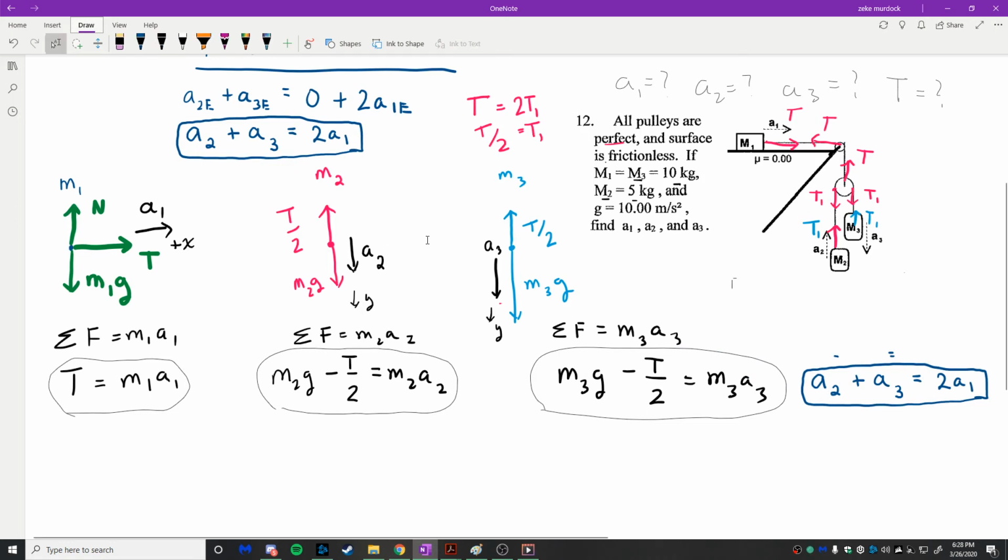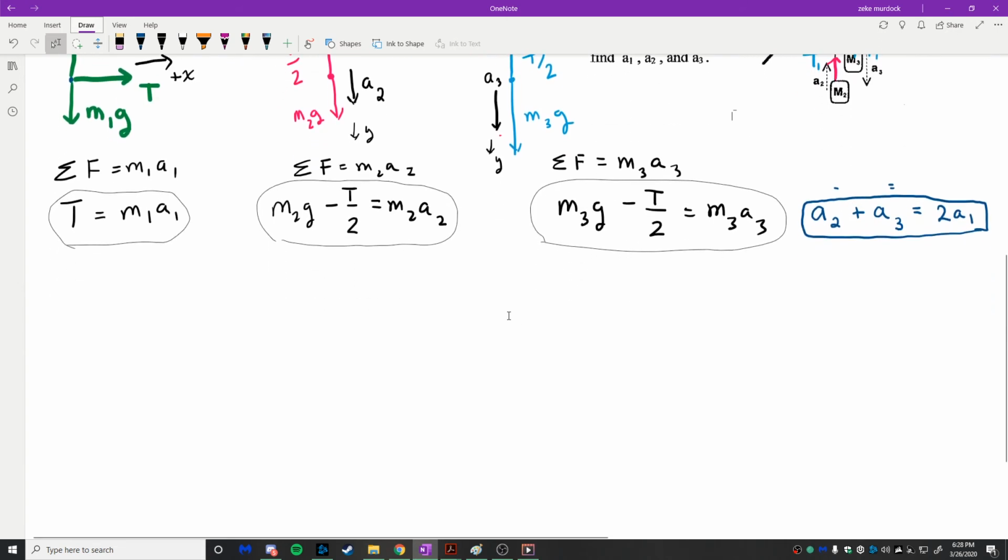And I think the way that I'll do it, because I think it's probably the easiest, is to note a couple things here. Since this tension is equal to M1A1, we can basically replace any of the tensions with M1A1, right? And then we can replace A2 plus A3 with A1 here. We know that A2 plus A3 is equal to 2A1, right? So everywhere that there's a T, I'm going to put M1A1. So like here, this equation,